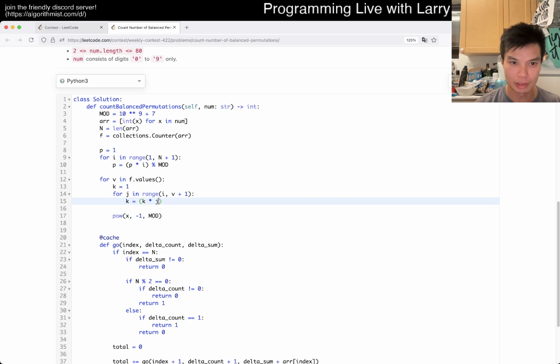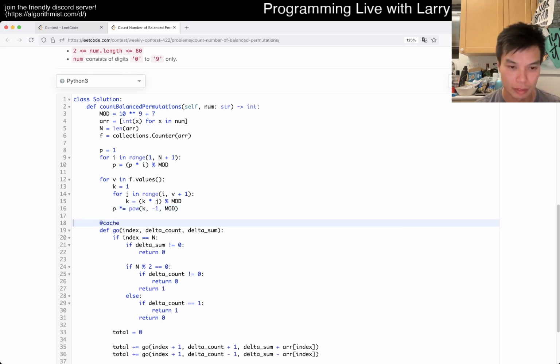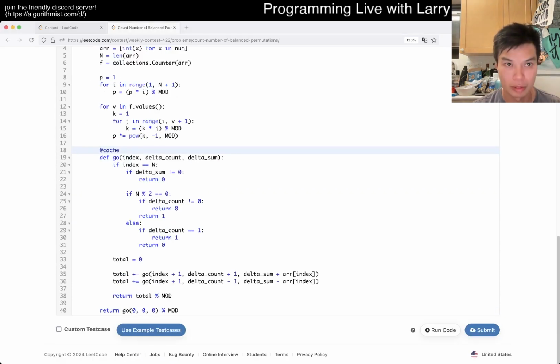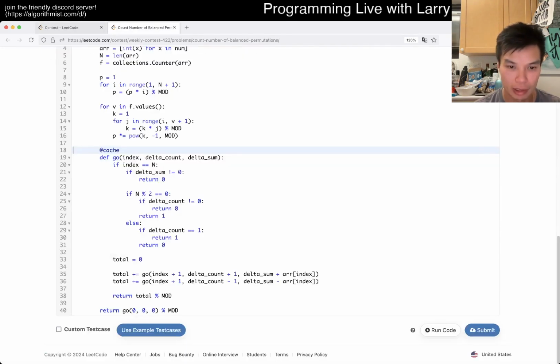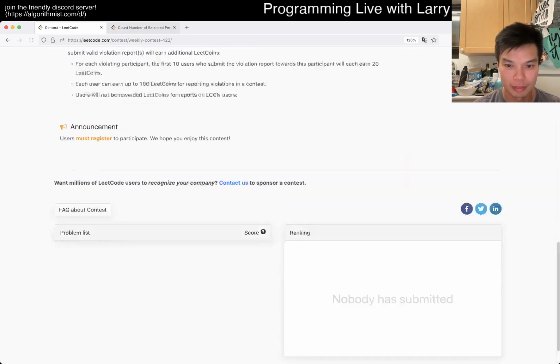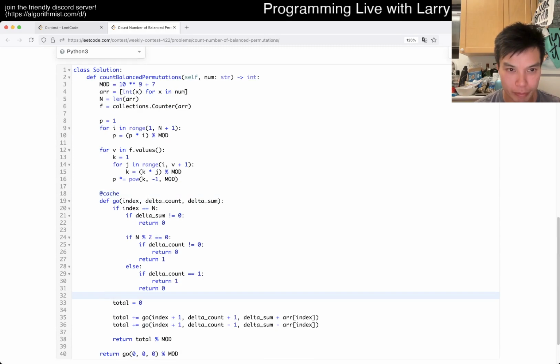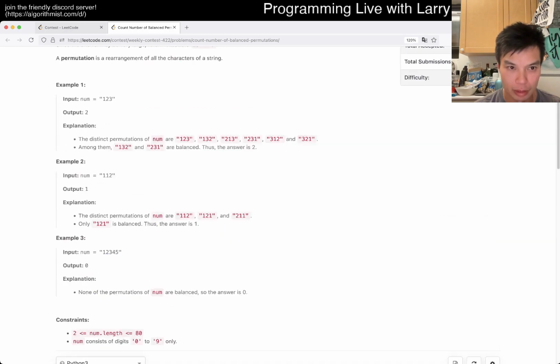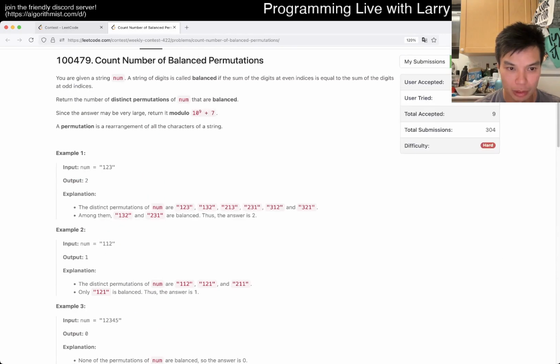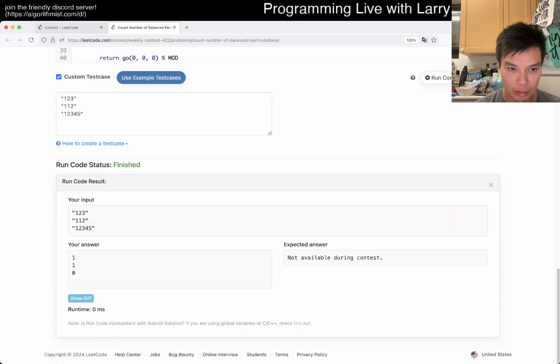I don't know why I'm writing this in such a funky way. And then now this is k, right? And then P. Okay, and this is wrong, but how far behind am I? No one has submitted yet, it's probably unlikely. Thank you, Leetcode. Okay, fine. This is not right because of it double counting, which should not appear here really. I think this is just lucky actually, but